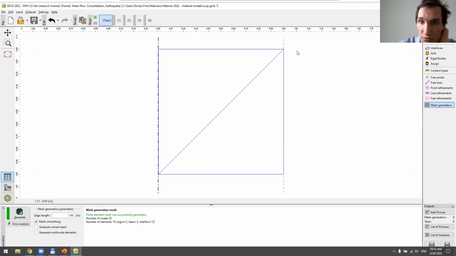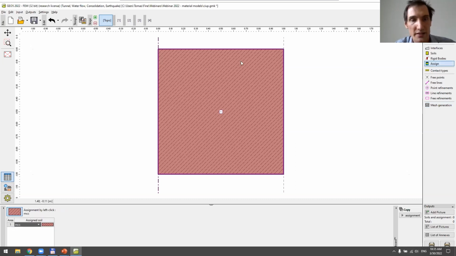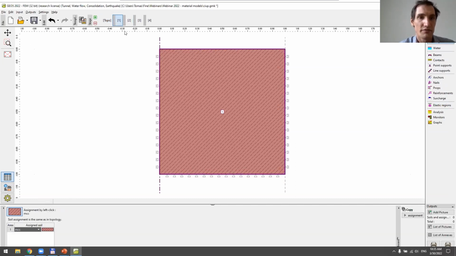And again, the mesh looks identical, but if you look at the nodes in the previous model and in this model, you will see that these are just triangular elements. Okay, I think this is all what I have to assign. Okay, this is assigned, so I can go to first stage,